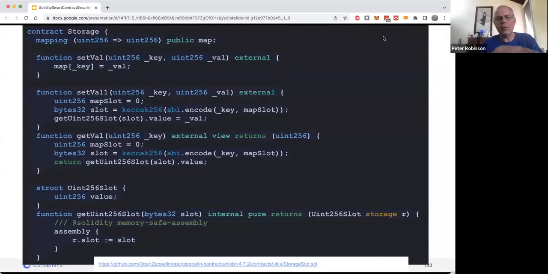There's also another type of storage collision, and this one is more of a malicious type. If you look at this code here, we've got a map, and because it's public, there will be a getter on that map, and you'll be able to get a value based on a key. We've also got setVal, which, given a key and a value, sets the value in the map. We've also got setVal1 and getVal, and they use this get uint256 slot,